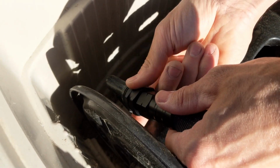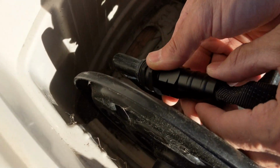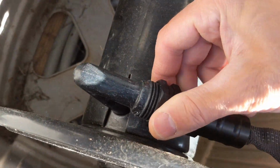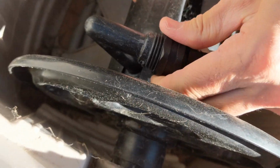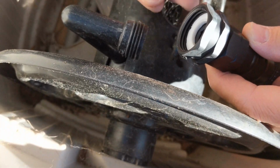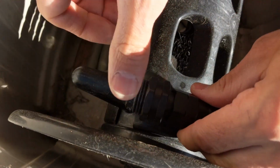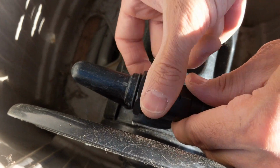That seems like it's not going on very good though. Okay. Make sure that it is going on straight. Does that look straight? It doesn't. It seems to be binding a little bit. Okay, so. Alright, get that on, turn it, there we go, that's better, should be easy to hand tighten,